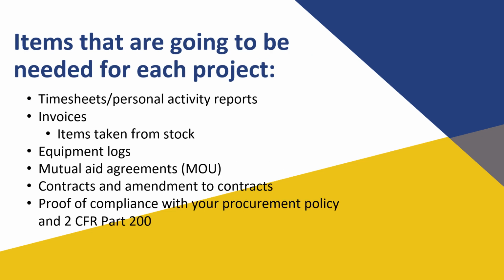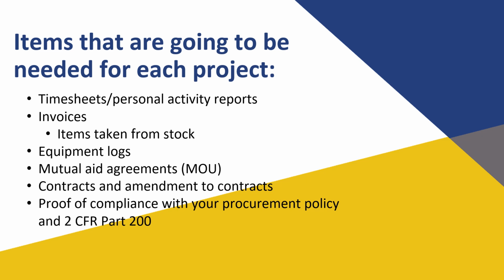For each project, you'll need timesheets or personal activity reports, invoices, including items taken from stock, equipment logs, mutual aid agreements or memoranda of understanding, contracts and any amendments, and proof of compliance with local and federal procurement rules. For instance, see Title 2 of the Code of Federal Regulations, Part 200, 2 CFR 200 for short. Again, make sure that you are able to easily identify all items needed for repairs for each and every one